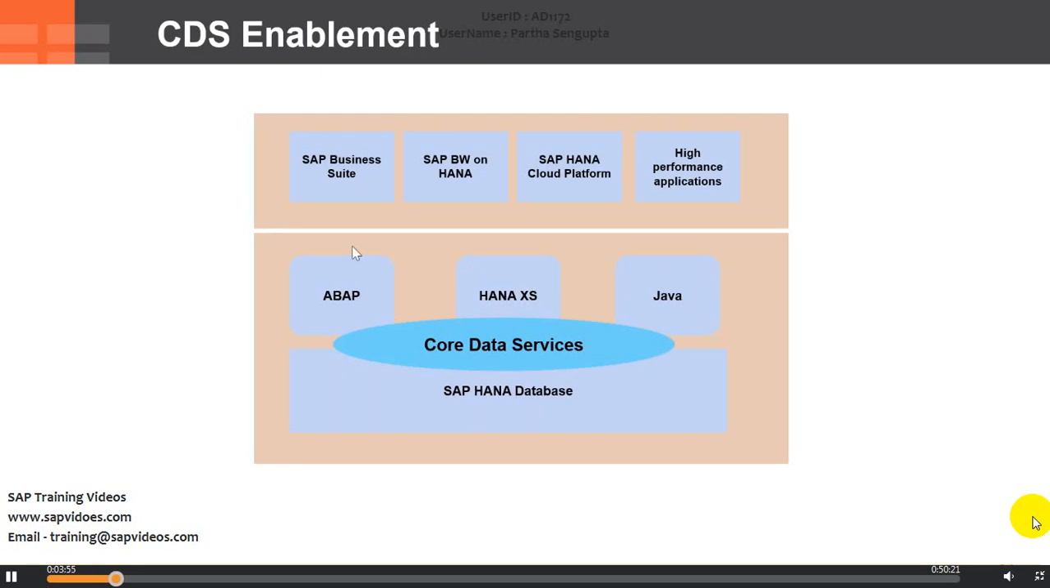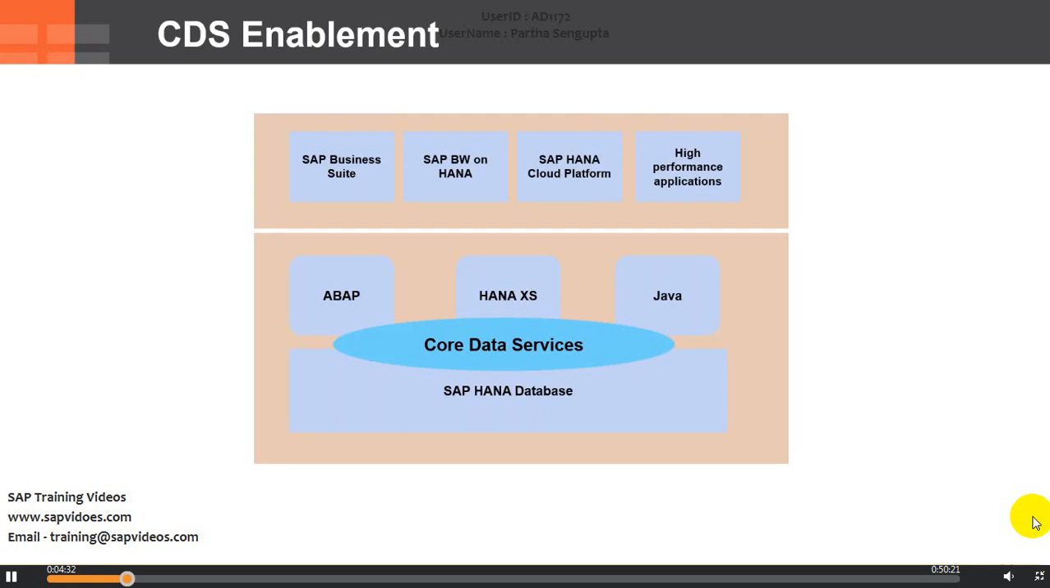So when you create a CDS view, you can consume ABAP tables and ABAP views. You can consume HANA views, HANA tables and HANA XS applications as well. You can consume Java applications as well. But the underlying database will be HANA. When you create these core data services, they are core data service views, CDS views. Then front-end Business Suite, BW on HANA, HANA Cloud Platform, and high performance applications like S/4HANA, cloud and on-premise